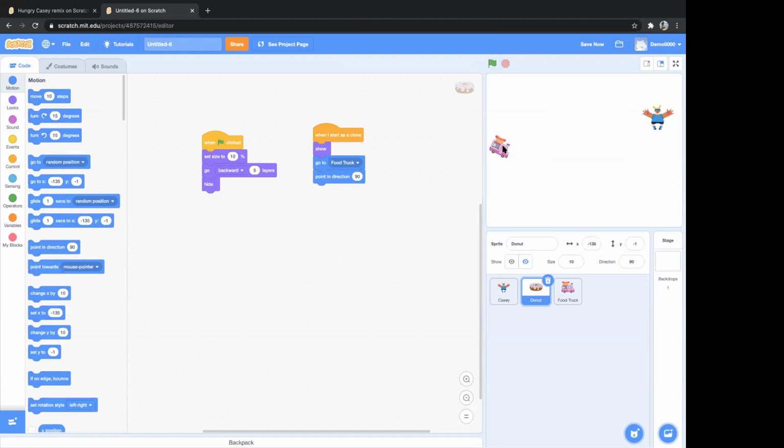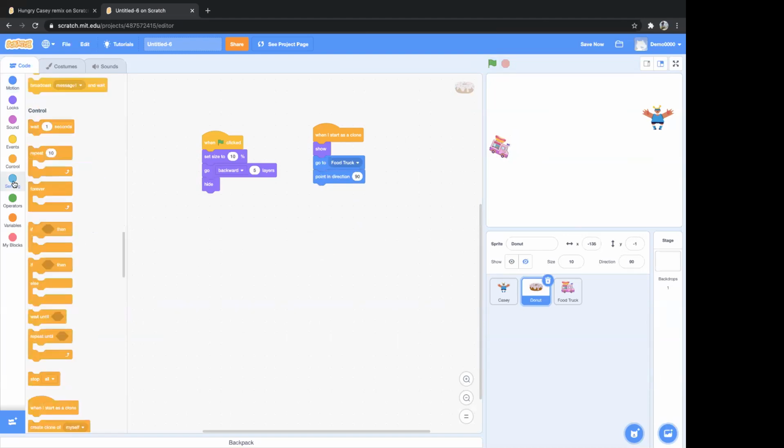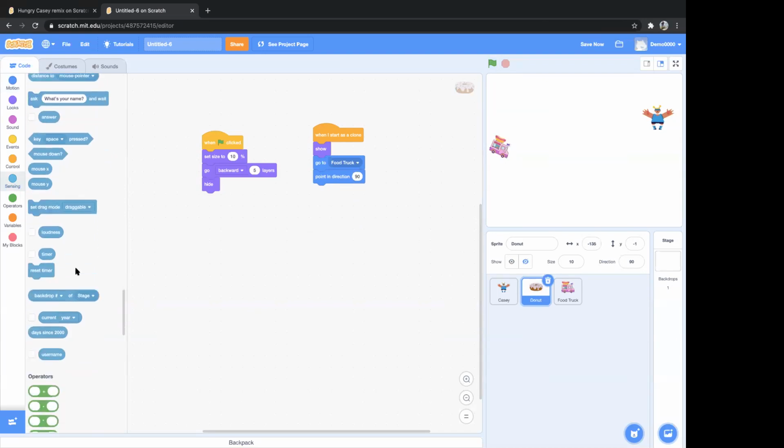So it will always follow the direction of the food truck. For that, we'll go to sensing, and when you scroll down, there's this block, backdrop of stage. We'll use this block and place it inside here. Now in the second drop down, select food truck. And from the first drop down, you have to select direction. So point in direction, and direction of food truck, okay?